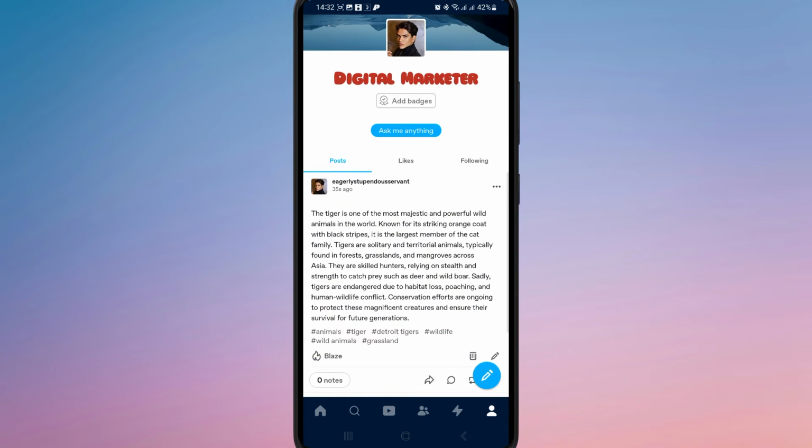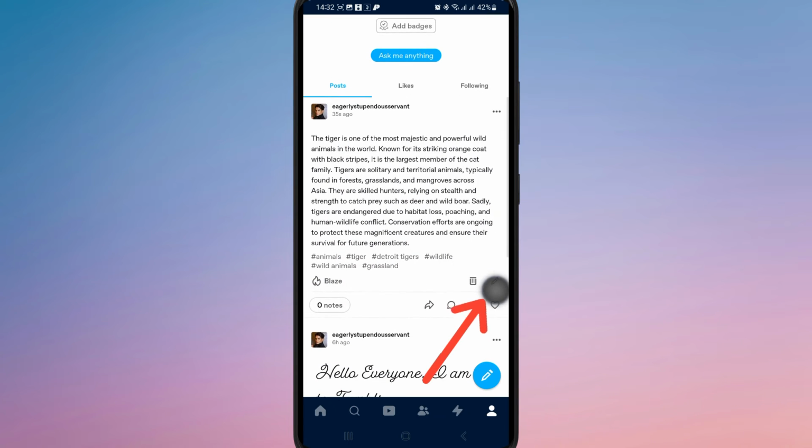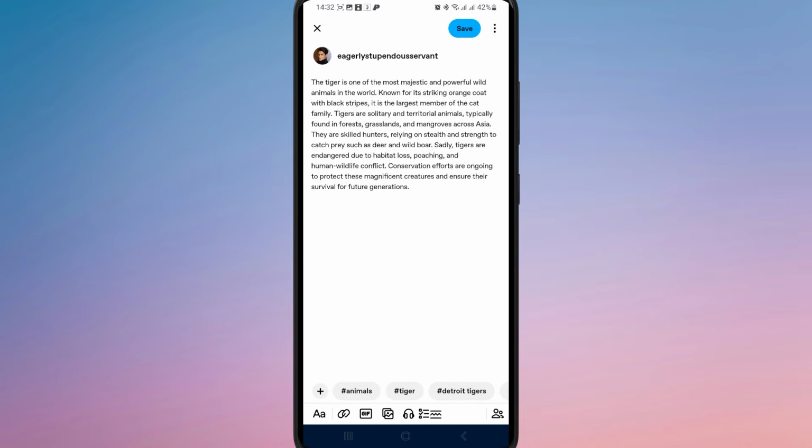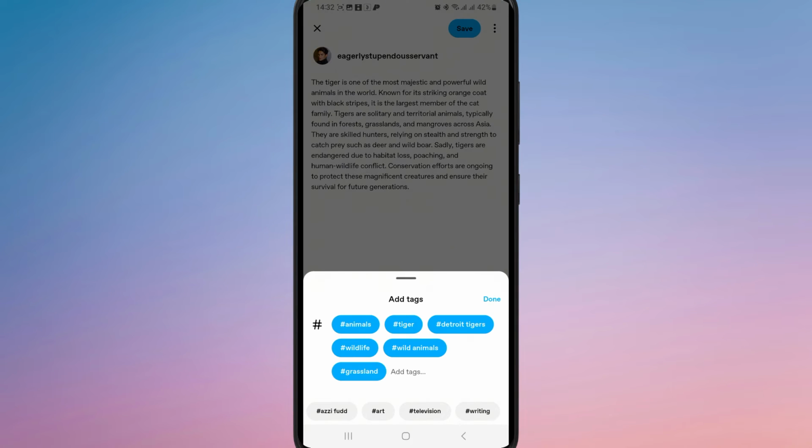Next, find the post from which you want to remove tags and tap on the pencil icon to edit it. Scroll down to the tags section where all your current tags are listed. To remove a tag, simply tap on the tags and then tap the cross above each one you want to